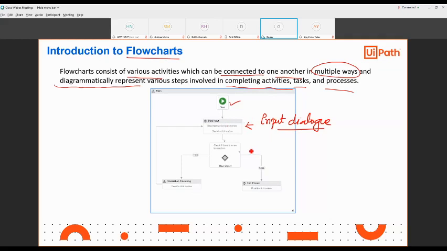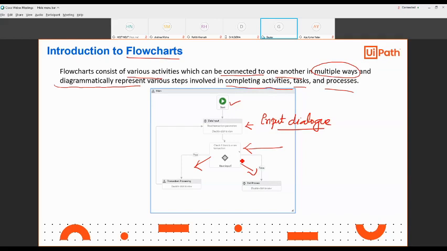Then we can use some kind of condition, or any decision statement. So what do you want to do next? Either you want to execute this step or that step. This kind of flow we can decide in the flowchart.